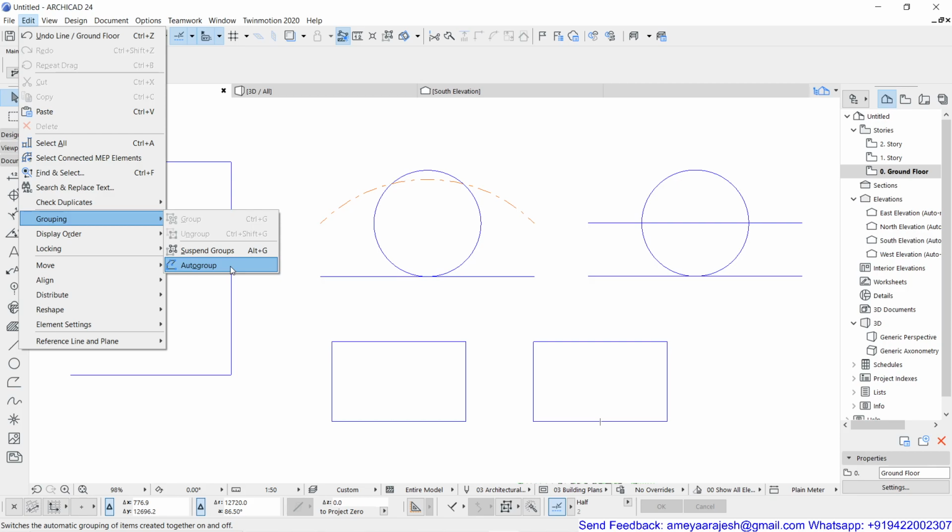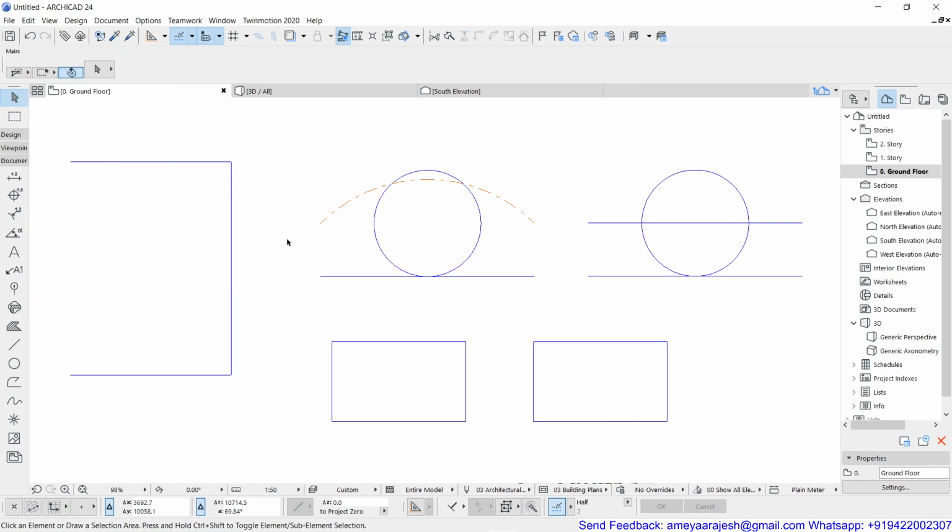And auto grouping was affecting my drafting part. If I want to construct something new, ArchiCAD will help me decide whether you want to create a group or not. So I hope you have understood altogether the four things. Please try it, or practice on your own, and then definitely give me feedback. After a couple of lessons we complete in the next part, again I will switch back to the group for sure, because there are other things which are pending. But till then, please try to get familiar with the group and its features.